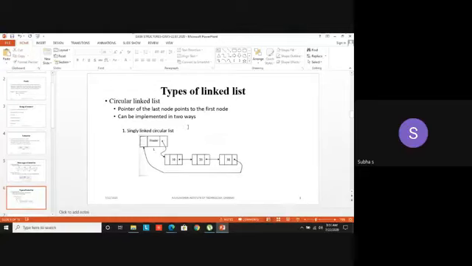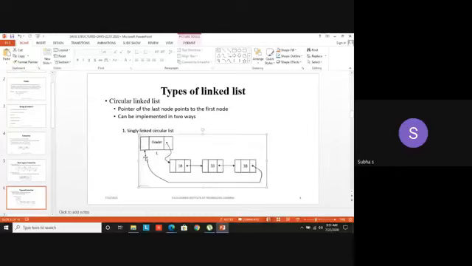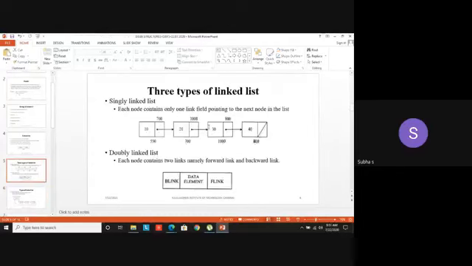This circular linked list can be implemented either using a singly linked list or using a doubly linked list. So this is the diagram for representing a circular linked list using a singly linked list. Yes, we know this is the singly linked list. You are just connecting 40 to what? 10. That means the next pointer of the last node won't point to null.